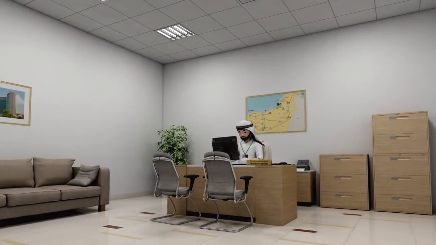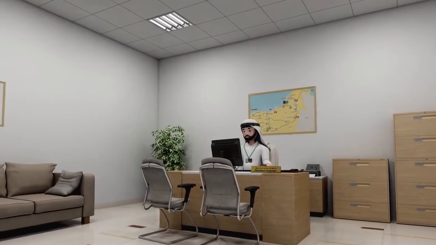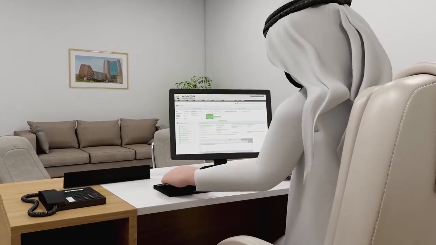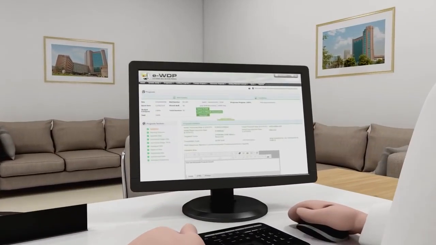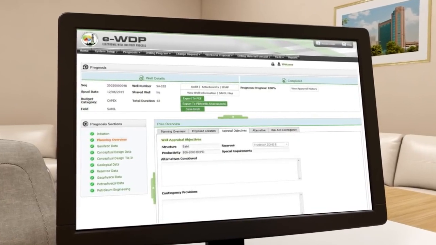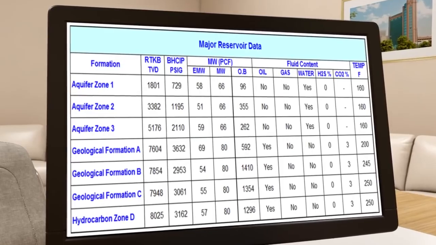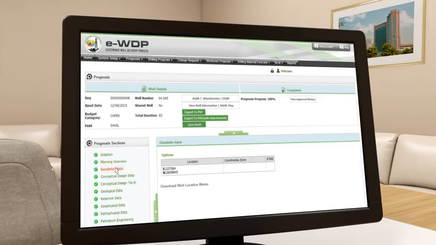Prior to the preparation of the drilling program, the asset development team submits the final well prognosis to the drilling team. The well prognosis is initiated by the petroleum engineer. The reservoir engineer then makes a planning overview and provides the required formation pressures and temperatures. Then the following data is completed: geodetic data,